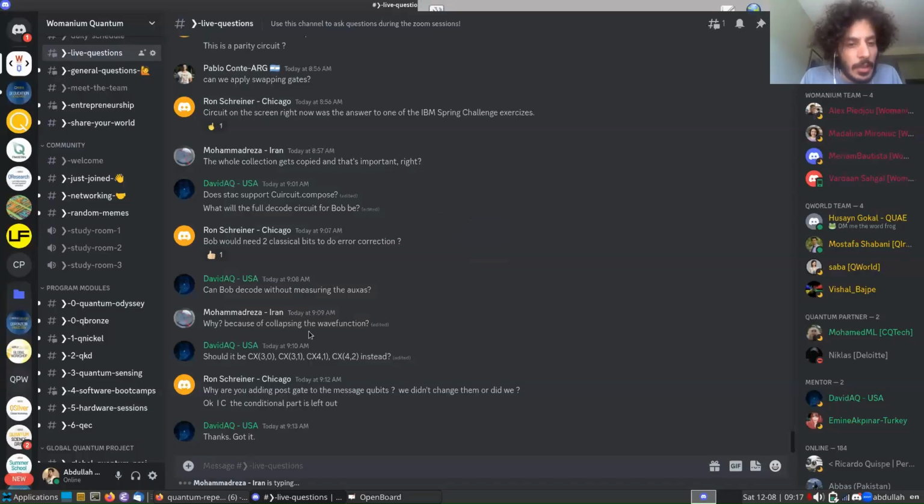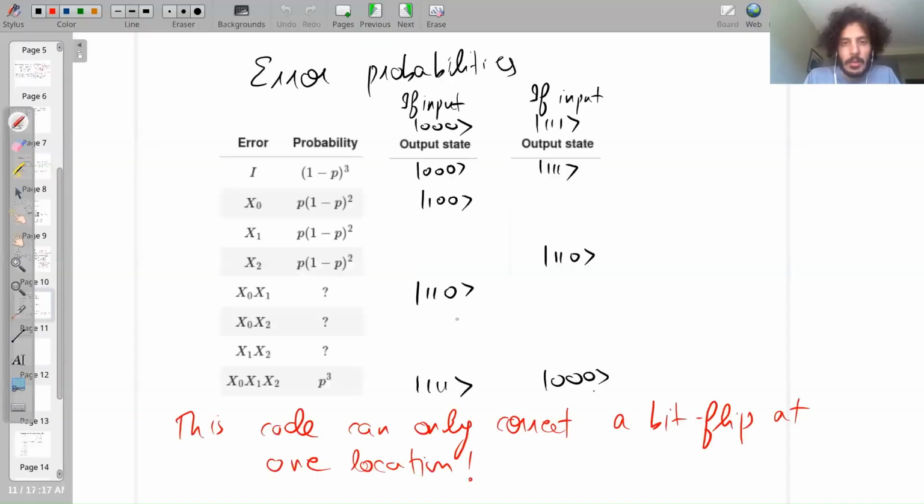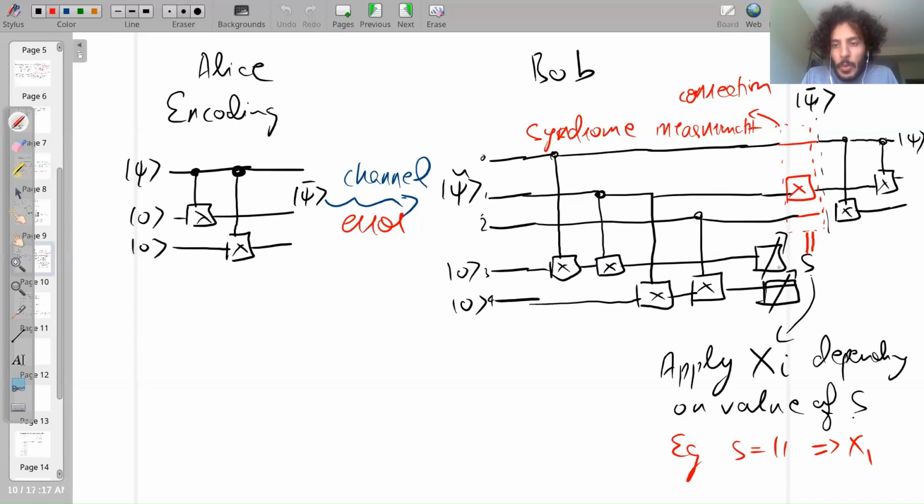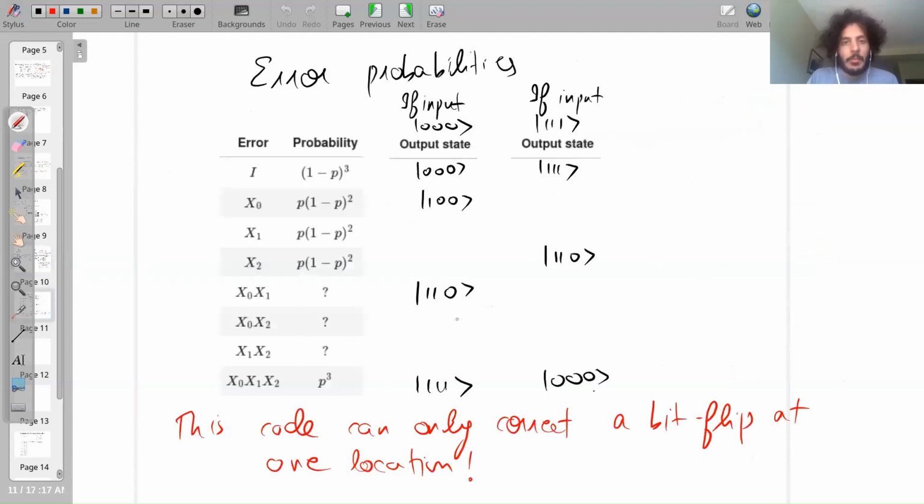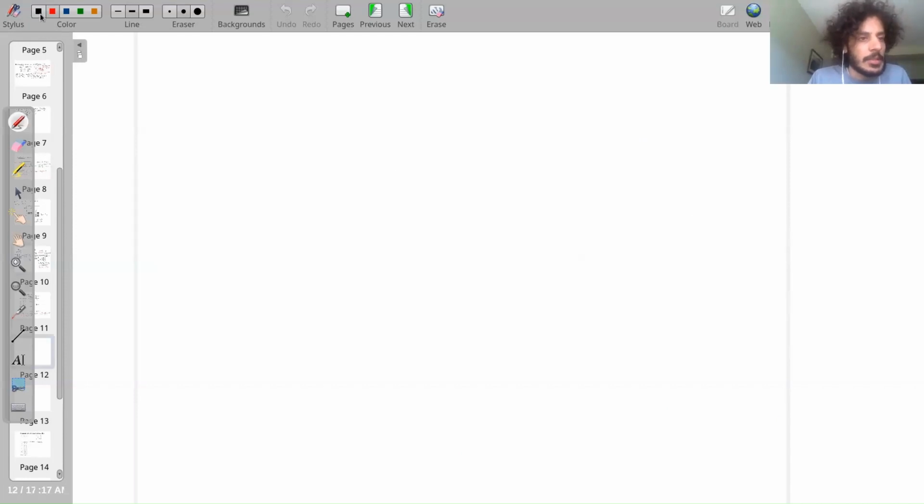Mohammed Raza asked, I think I should say something about this. I didn't really plan to. I mean, this was a follow-up to the question that why do we have to measure? Why can we not do some quantum gates up to over here? And the answer to that is that perhaps, this is important, errors beyond